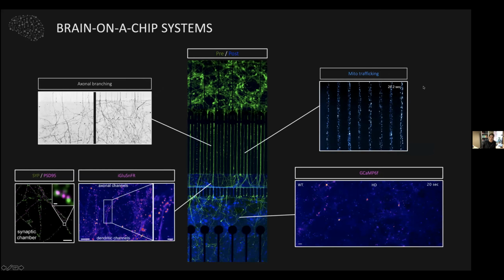So why is this brain on a chip interesting for us? Because, as I said, everything is compartmentalized, separated and very well identified. So it's very easy to study whatever we want. One of the first things we want to see is axon branching, of course, with the RAIL. Here is a good example of differences that you can capture in this condition where you have only cortical axons in the striatal chamber, and you can check whether you see changes in terms of branching before and after